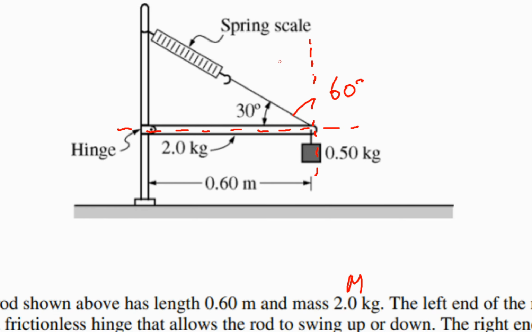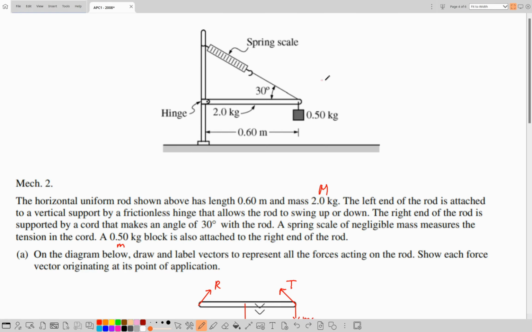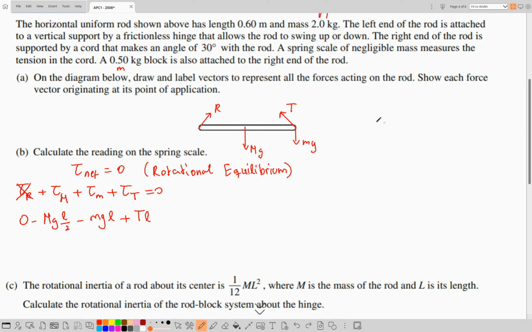So the projection of the tension along the tangential direction would be cosine 60. And notice that I didn't add anything on our rigid body diagram. So that would be T L cosine 60 equals 0. Now we can eliminate L, and T cosine 60 would be given by Mg over 2 plus mg,